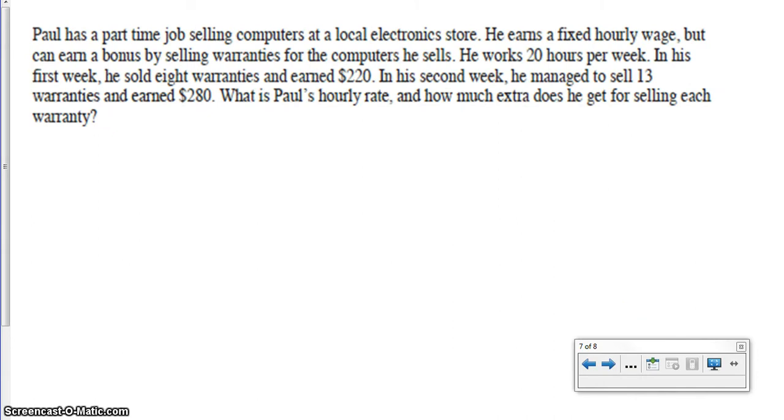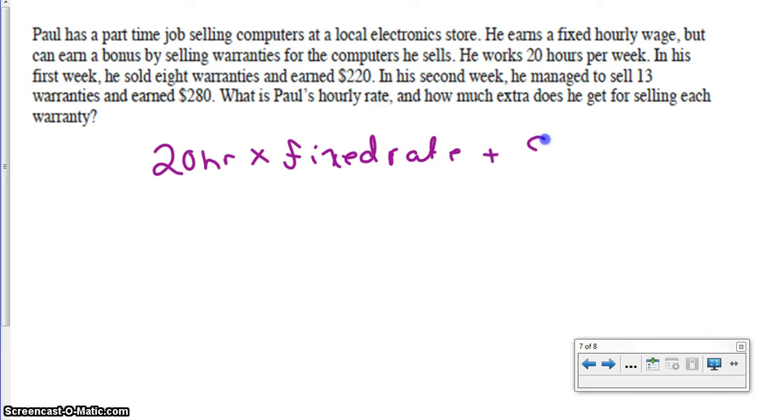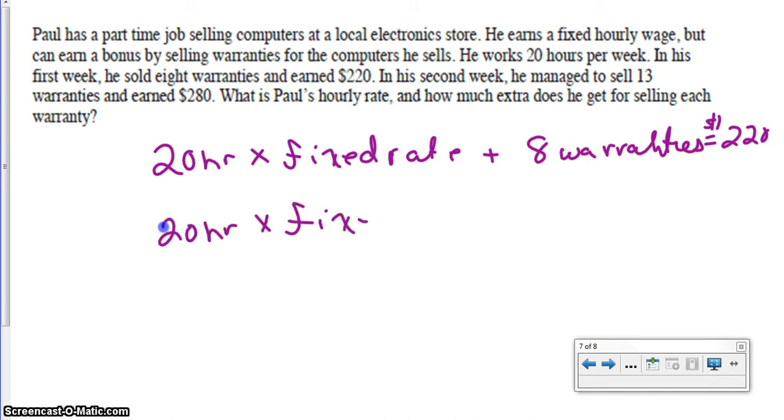All right, Paul has a part-time job selling computers at a local electronics store. He earns a fixed hourly wage, but can earn a bonus by selling warranties for the computers he sells. He works 20 hours per week. In his first week, he sold 8 warranties and earned $220. So let's see. He works 20 hours times a fixed rate, and he sold 8 warranties to make $220. In his second week, he worked 20 hours again at his fixed rate,